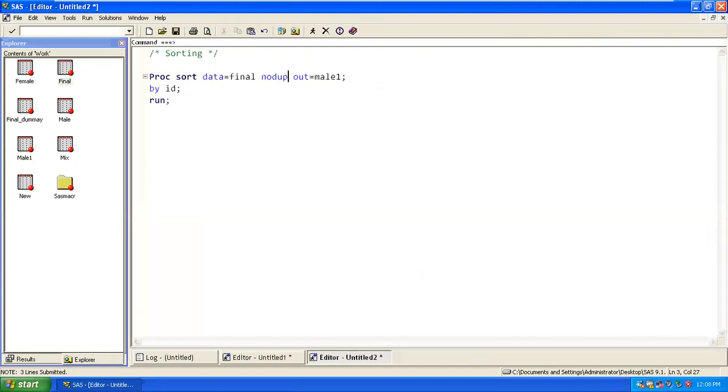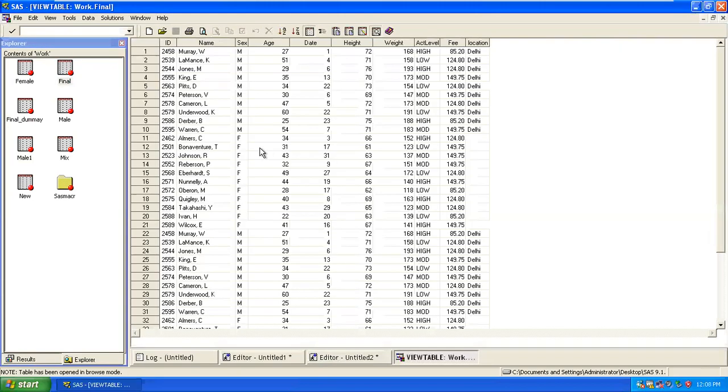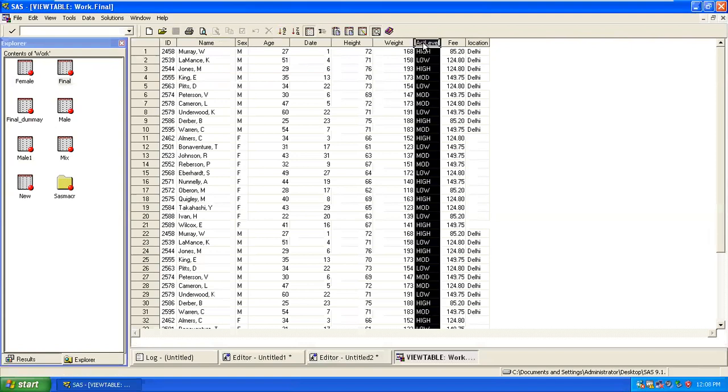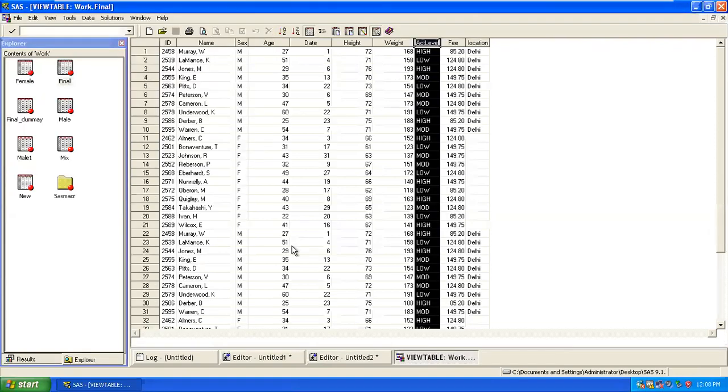So again, we have NODUPKEY. So key is nothing but based on your ID keyword. So if there are duplicates in your particular ID, it automatically deletes them. If you go ahead and look, focus on your act label. So we have 3. So in this case, you will be getting only 3 observations, because here we are not going to focus on rows.